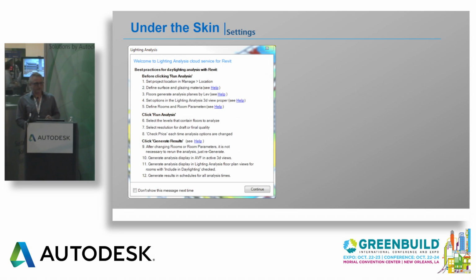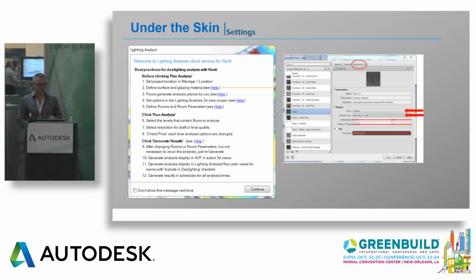Now, the first window that comes up when you're doing the analysis is we give you kind of a list of things you should look at, and each one has a link to a help topic where you can dig deeper. I can go over a couple of these. One of the most important things is to set your materials right. What I tell most people is really the only thing you need to do before you click Run Analysis is to set your glass